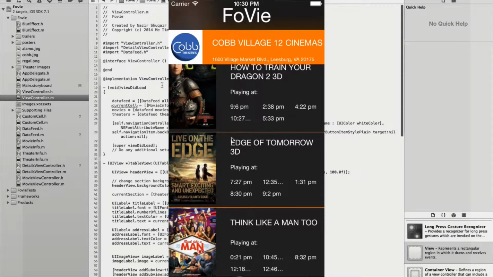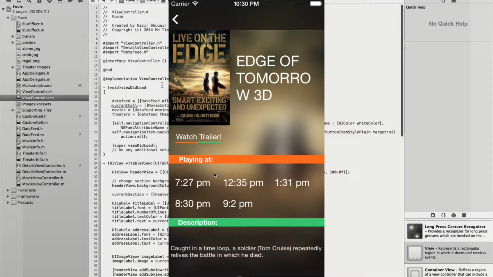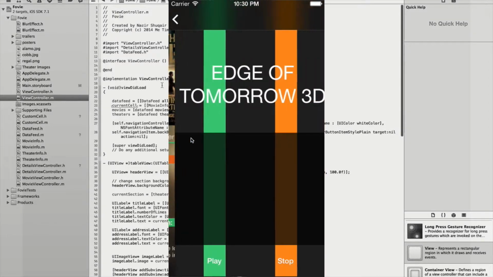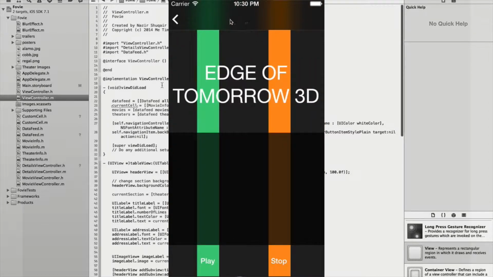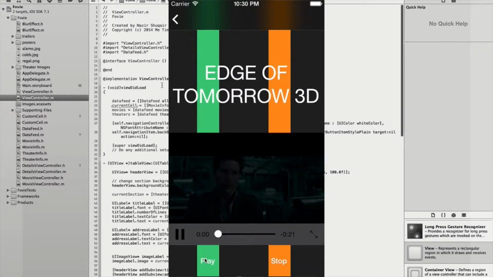So each movie has the name of the movie and then playing at and hours they're playing at. Click OK. Then I get to the details with the name of the movie again, the times they're playing, description of the movie, and I can click on the watch trailer and I get to the movie view where I can click either play or stop here. So if I click play,